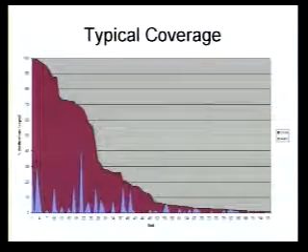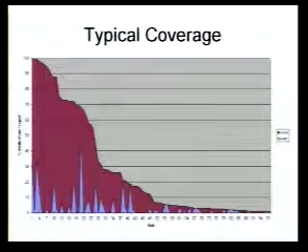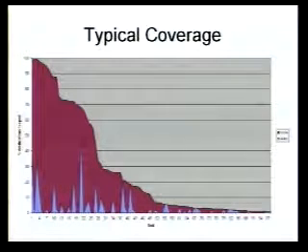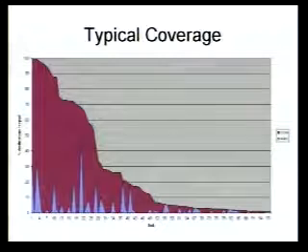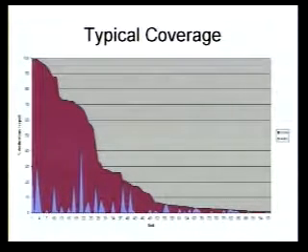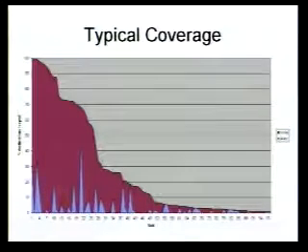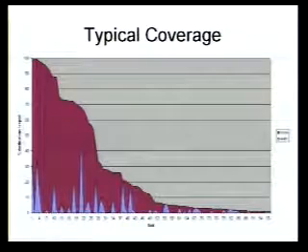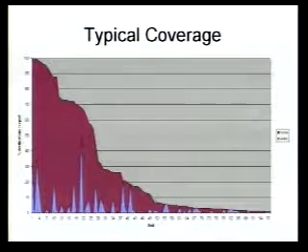And here's an example of typical coverage. In this particular instance, the links on the bottom are numbered basically according to the number of microloops potential on them. And then the magenta area there is the number of microloops that happen in the absence of microloop prevention. And then the little blue spikes are the microloops that are left after you apply the path locking with safe neighbors. So just to give you a sense of what the coverage ends up looking like.